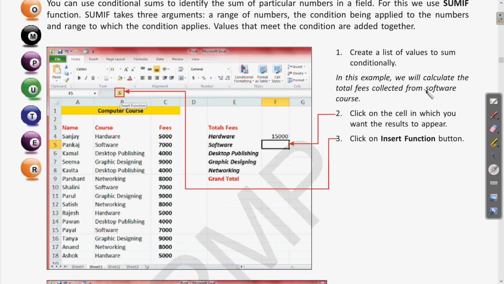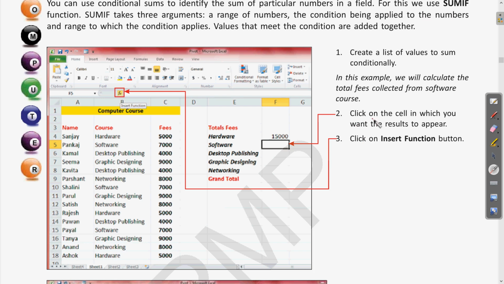In this example we can calculate the total fees collected from the software course. As you can see, these are the different courses, and a single course is taken by multiple students. So if you want to see the total fees obtained from the hardware course or software course, we can do that by conditional sum.